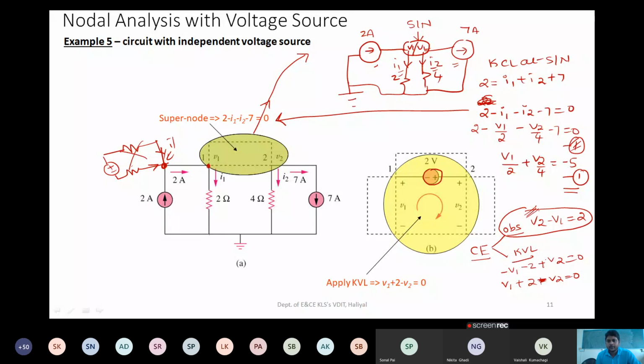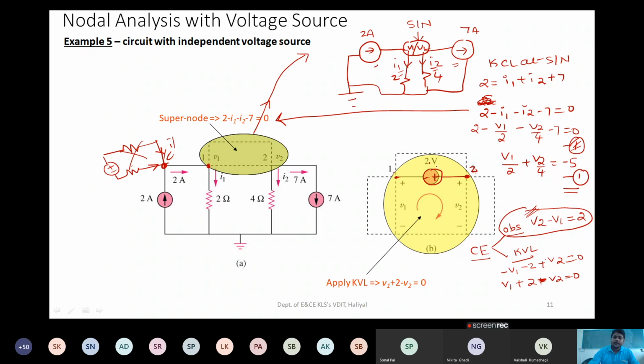All of you please follow this one. The method is very simple. Check the voltage source: which node its positive polarity is connected to. It is connected to V2, so you take that as the first value in the equation, V2. The negative polarity is connected to V1, so you take it as V1. V2 minus V1 equal to 2 volts, you can write. Okay, is that clear now?